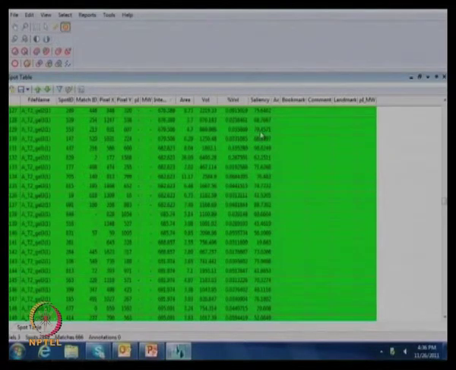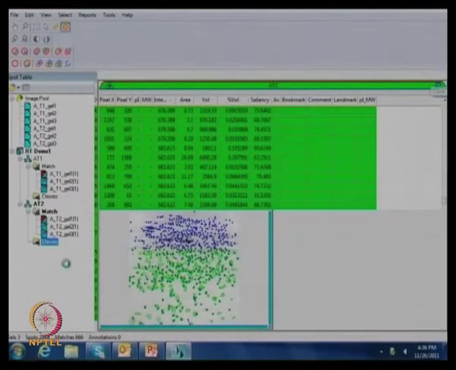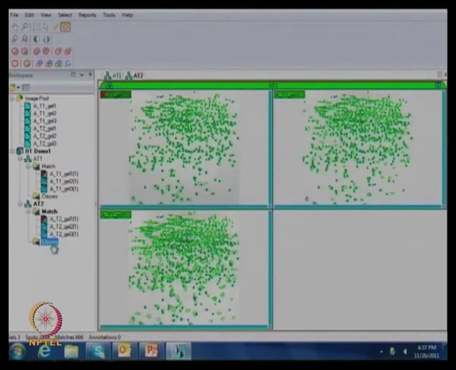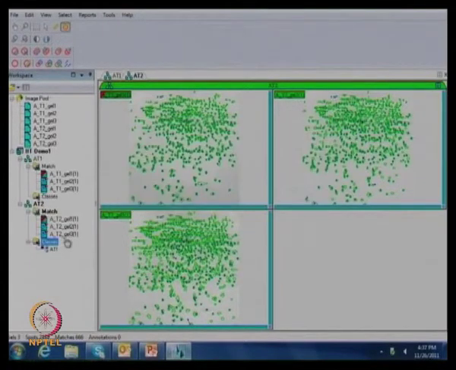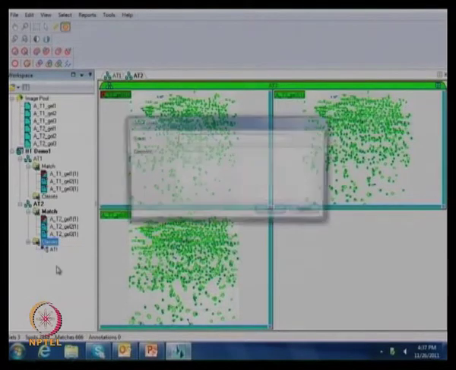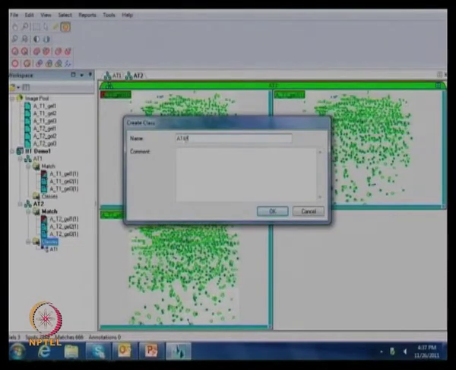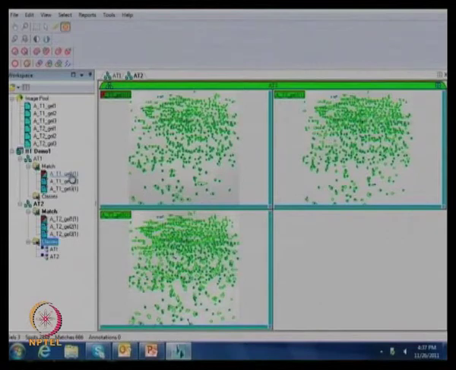Okay, so if you are satisfied with all these values, then you can go ahead to the next level of analysis, that is class analysis. Now I'm going to create a class here. Create a class. This is S1. Another is S2, which is control and treated. Now again you can shift these gels into S1 and S2.